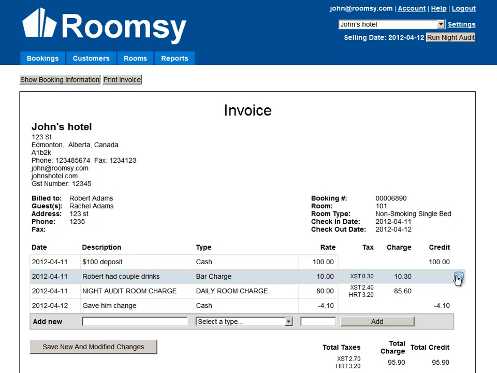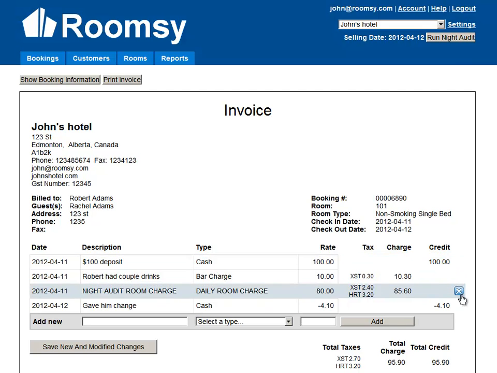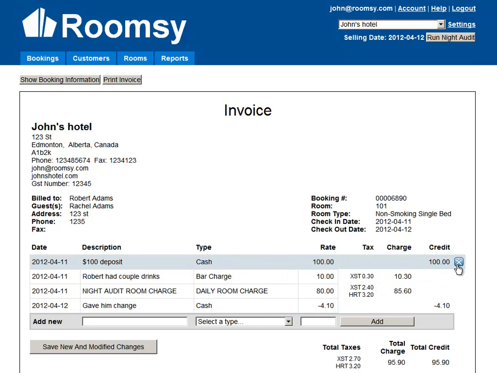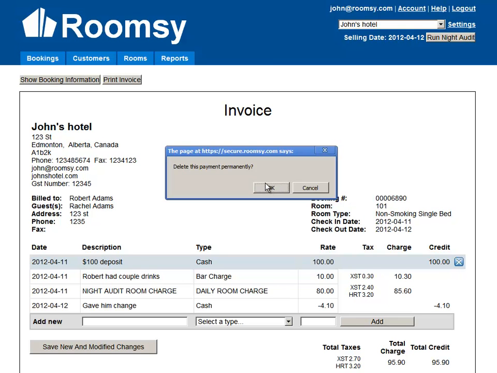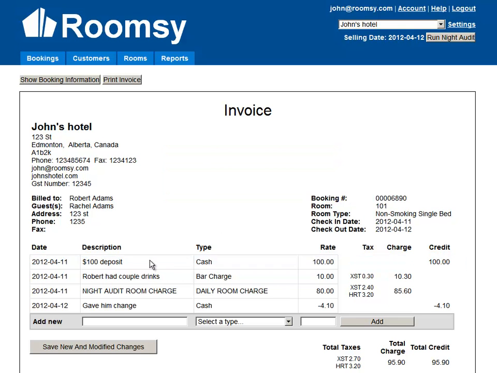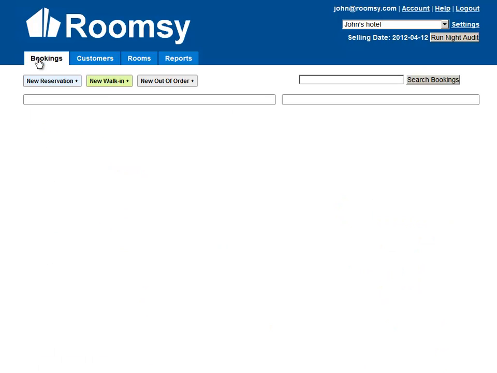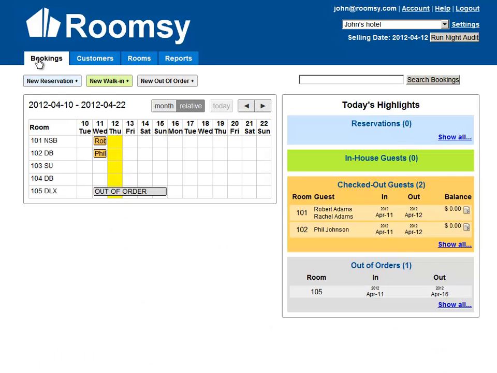But say if you want to adjust the invoice, you can either delete the line, as you can see, the X, and delete it permanently, which I'm not going to do because the balance is 0, but you can do it. Or you can also adjust the fields of the invoice. And again, this is only doable if you're the owner or the manager. Okay, so you can see that you can adjust any fields in the invoice. Alright, so that's pretty much everything